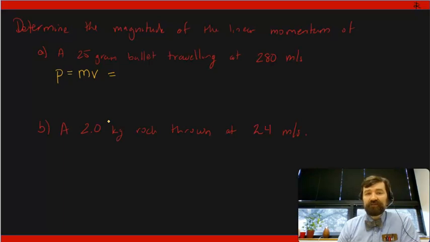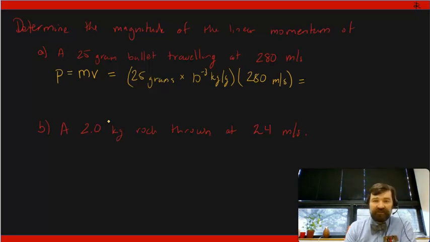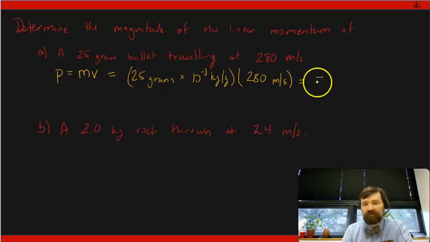So we would have 25 grams, which should be converted to kilograms, so times 10 to the minus 3 kilograms per gram, times 280 meters per second. This gives us a total of, should be 7